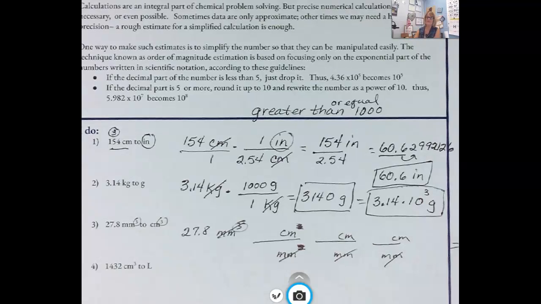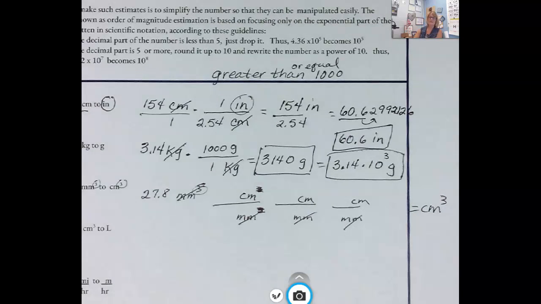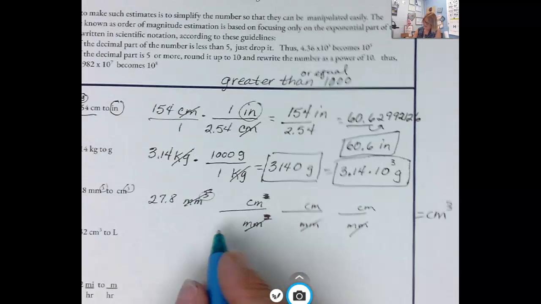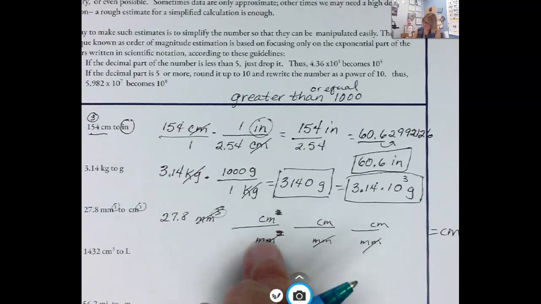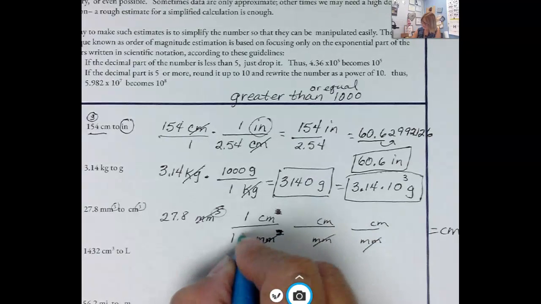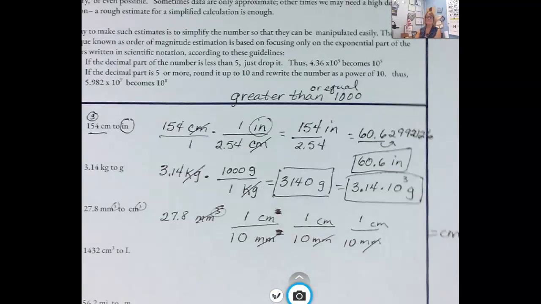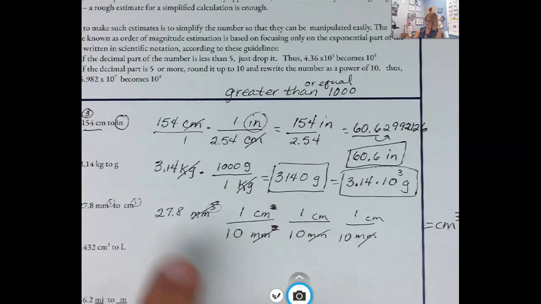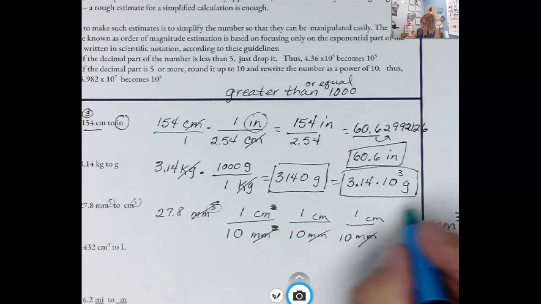This is not the only way to do it. I'm just showing you one way. Okay, I lost my label there. Now, when I go to do my conversion, I know that a centimeter is 10 millimeters. So 1 centimeter is 10, 1 is 10, 1 is 10. Okay. Now I'm going to take my 27.8 and divide it by 10, 10, 10, or if you want